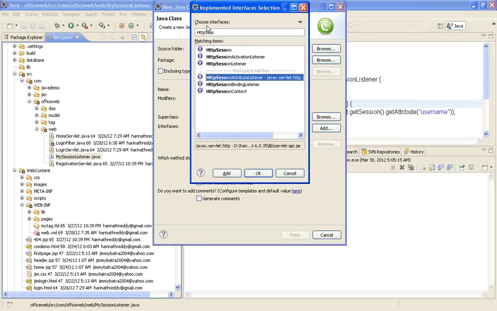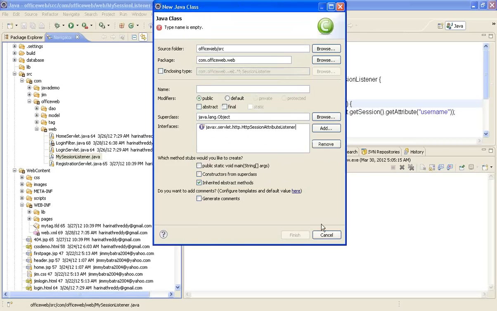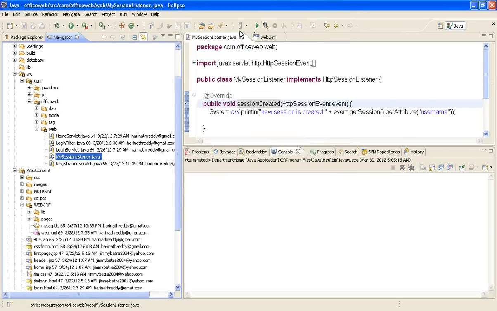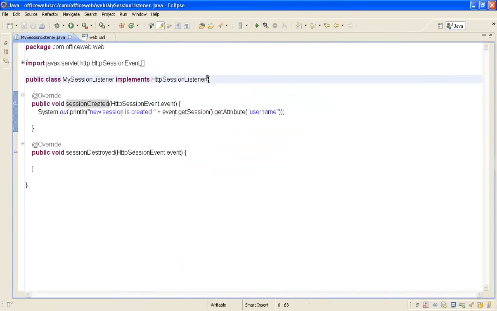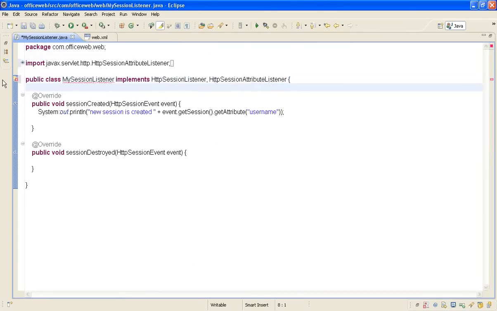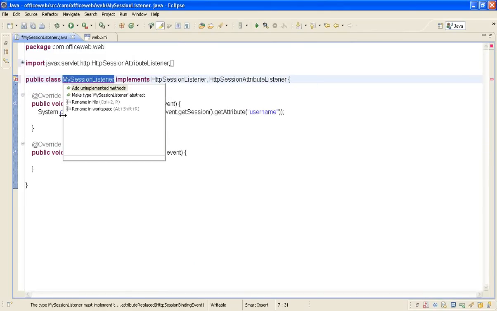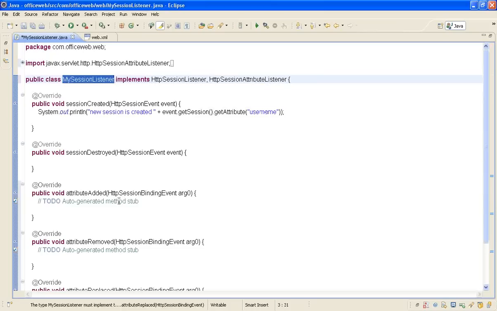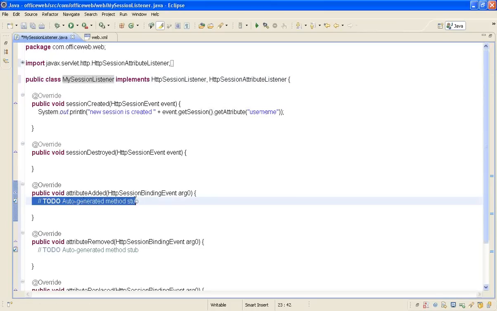There is another listener. I could implement even this interface. Let me see how it really works. Session attribute listener. So what really happens is that session attribute listener will have, when a new attribute is added,